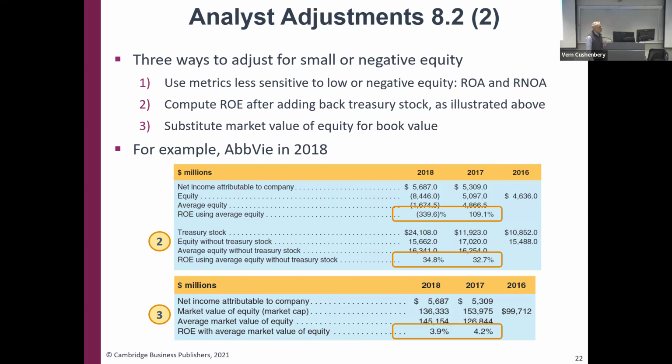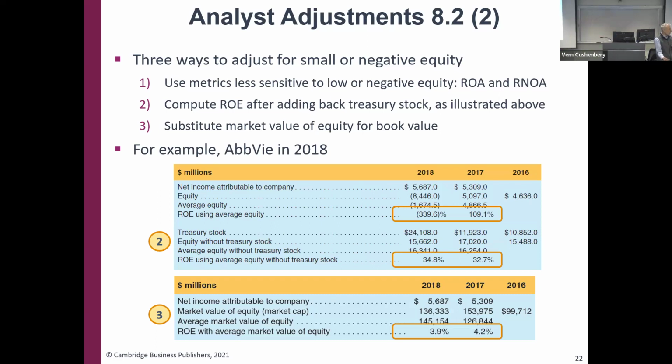So we're talking about buybacks, and buybacks are so inflated that you'll see weird things happen with the balance sheet. And one of those weird things that can happen with the balance sheet is for there to have been so many buybacks that the equity on the balance sheet now shows up as negative. Negative equity doesn't allow you to compute a return on equity number. And when you can't compute a return on equity number, you've really kind of hobbled yourself when it comes to using one of the most common tools, one of the most common ratios, one of the most common ways to communicate in finance.